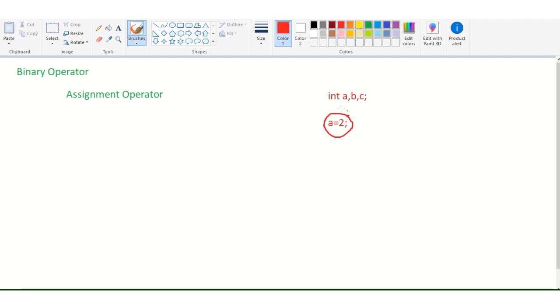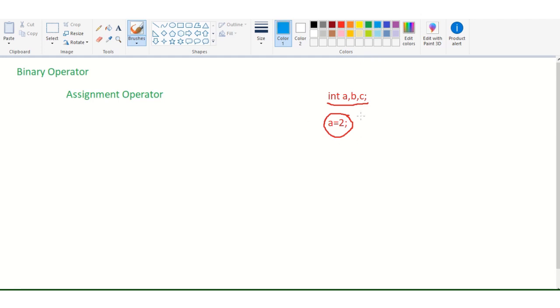This is the declaration. And if we do declaration and assignment together, when we do assignment at the time of the declaration, then we call it initialization, right? Clear?